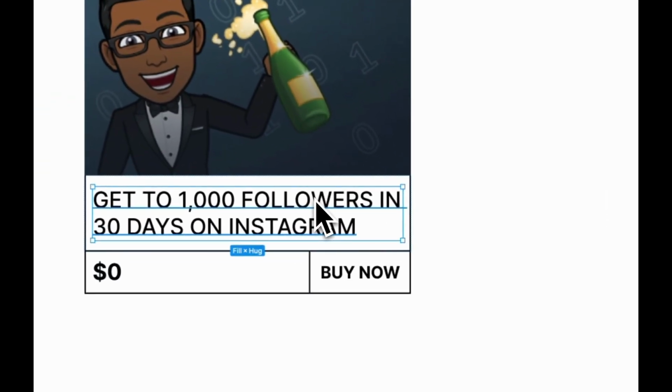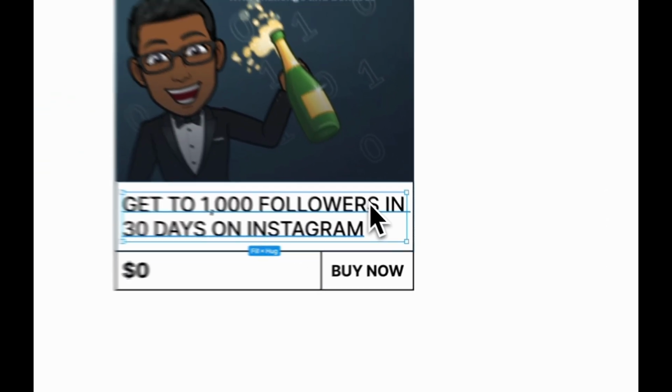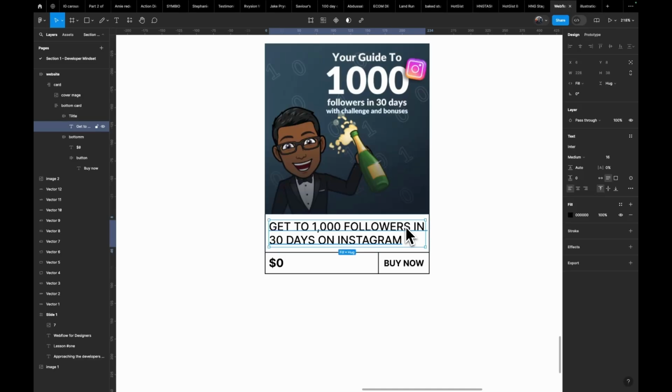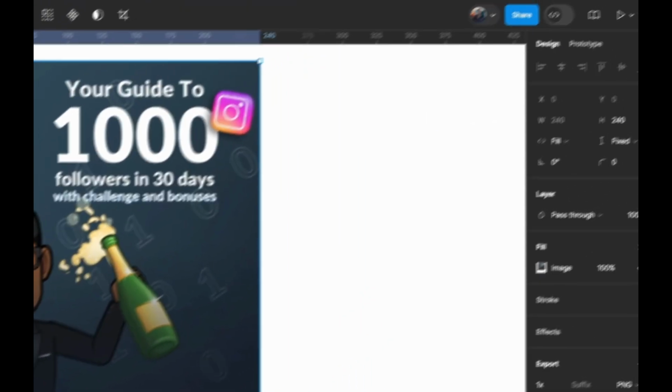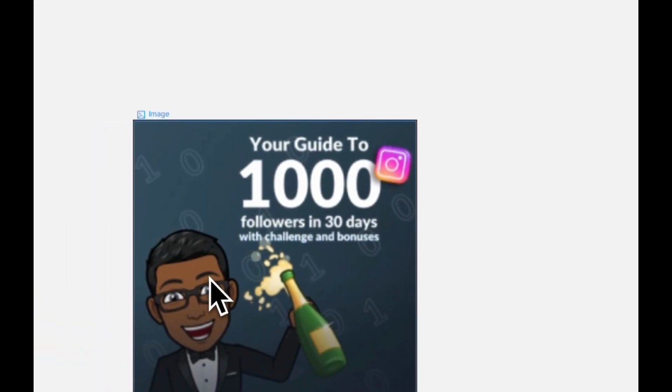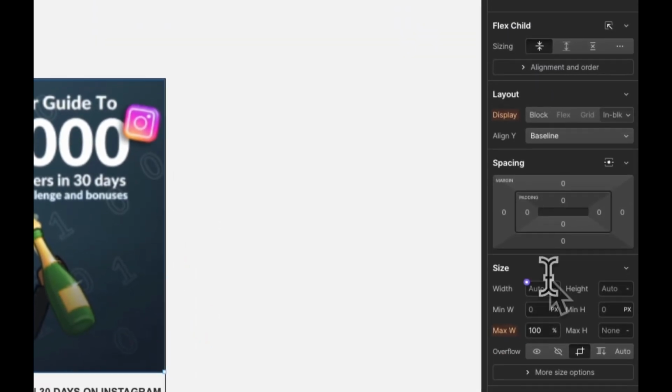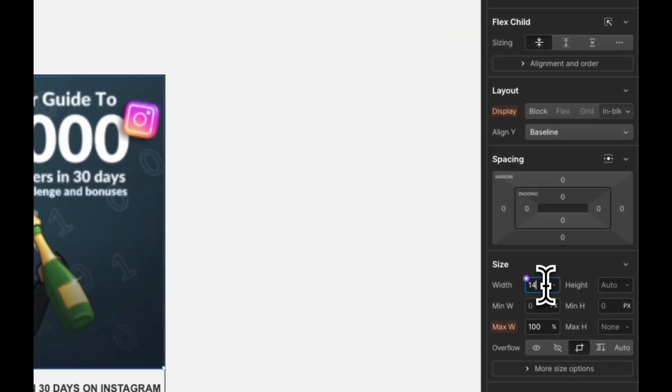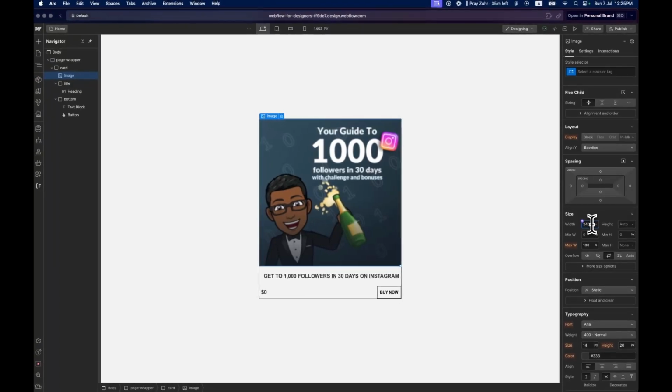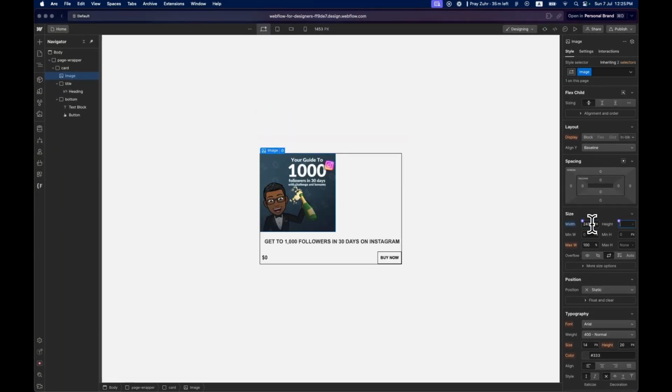Now we've done that, but something is wrong. We're not getting the same look as we did on Figma, even though they're the same pixel height. So I think this comes from the image here. This image is 240 by 240. So let's set that right here. So this image is what? 240 by 240. And now that we've gotten the image set,